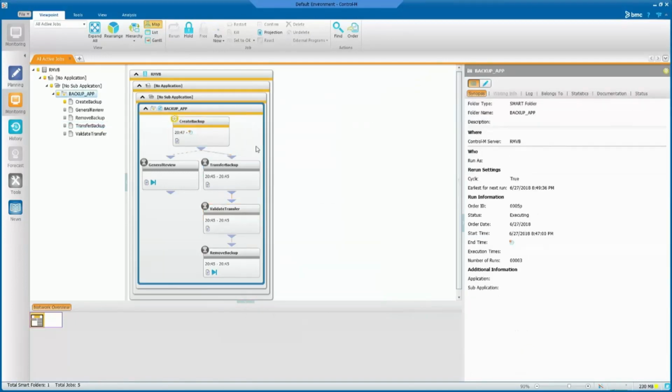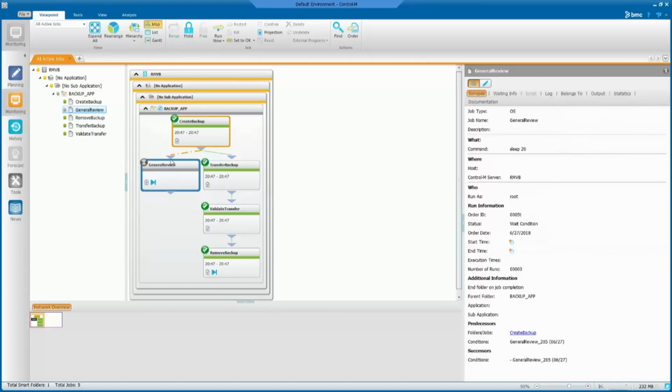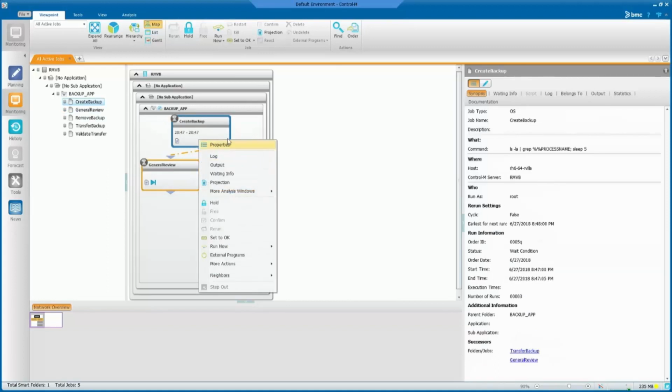The cyclic folder, before each execution, is going to delete these conditions just before it starts executing, so you don't lose the integrity of your flow. But as I told you, it has some tasks and some things that it doesn't do regarding the conditions. As you can see here on this job for the general review, this is marked as dotted. If I open the properties here,